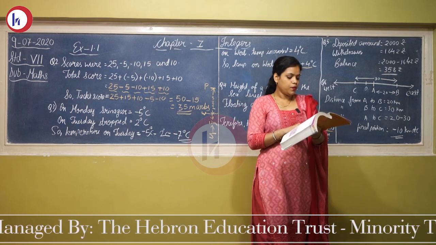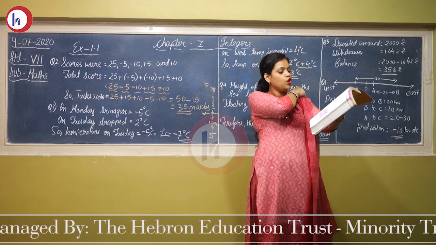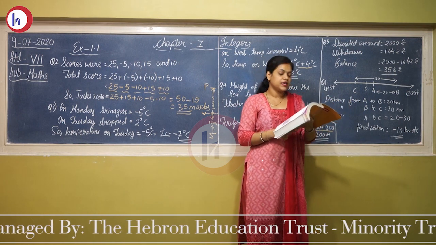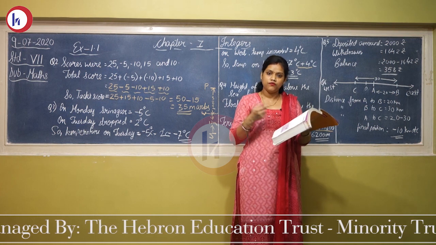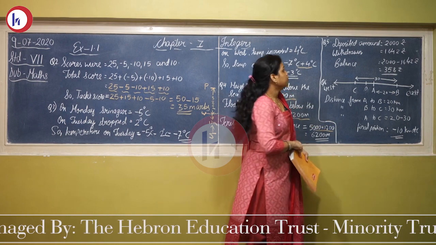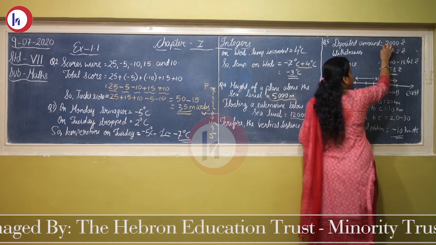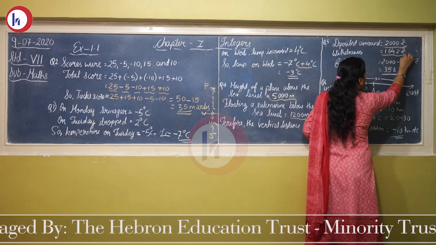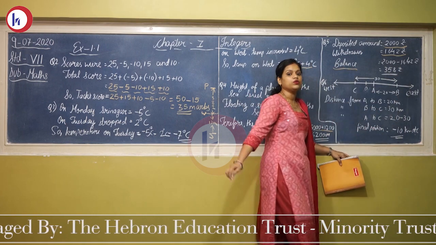Okay, so Mohan deposits rupees 2000 in his bank account and withdraws rupees 1642 from it the next day. If withdrawal of an amount from the account is represented by a negative integer, then how will you represent the amount deposited? Obviously, if that is negative, this one is positive. Find the balance. So here, Mohan is depositing rupees 2000 one day in his account, and the next day he is withdrawing, means he is taking out. So what is his balance after taking out the money?